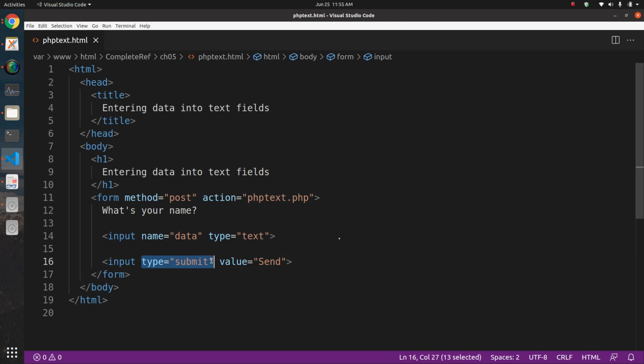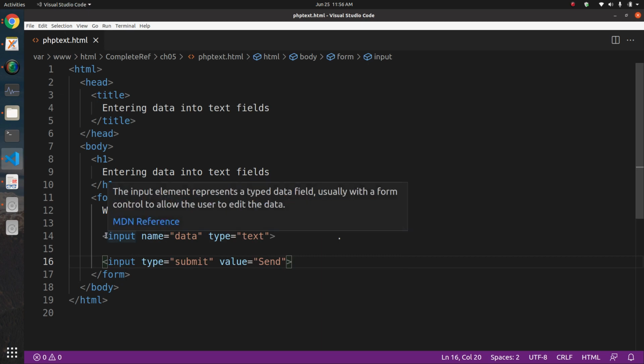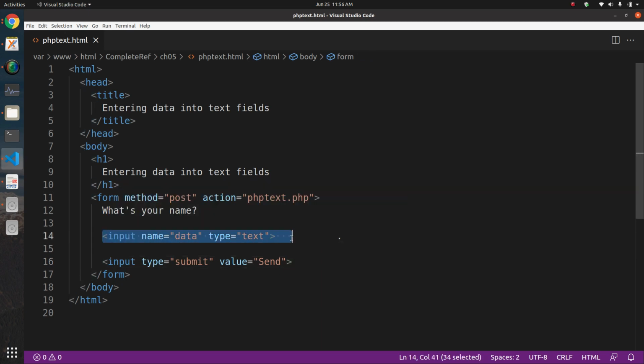ठीक है, but this parameter is important, your button is of type submit। So once you will submit this button or you will click on this button, this forms data will be submitted। So forms data submission का मतलब क्या है? Whatever there is in this input element will be submitted। Now किसको सबमिट होगा? इस स्क्रिप्ट को। ठीक है, एंड by what method that will be submitted? By post method। ठीक है, so let's run this file